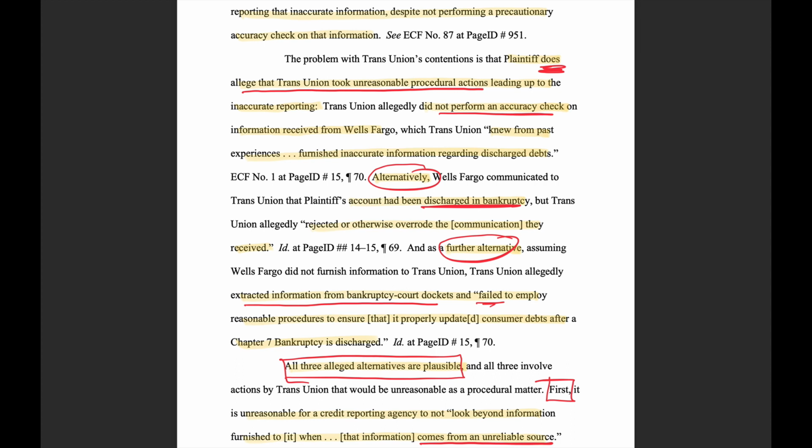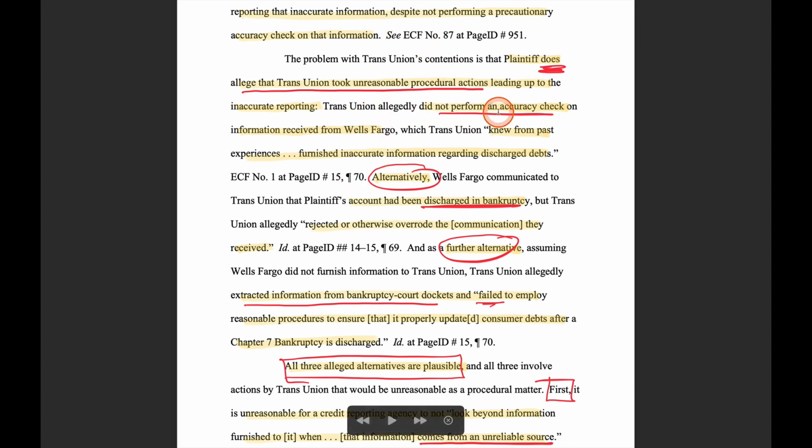So occasionally we still get lawyers, even though they know better, who will say, well, this is a contradiction. Well, of course it's a contradiction. We're explicitly told in the rules we can plead things that are contradictory because we're pleading it now, not having put anybody under oath. We've got to go take the deposition of TransUnion or get their documents to find out, did they notify Capital One? So notice what the plaintiff did here.